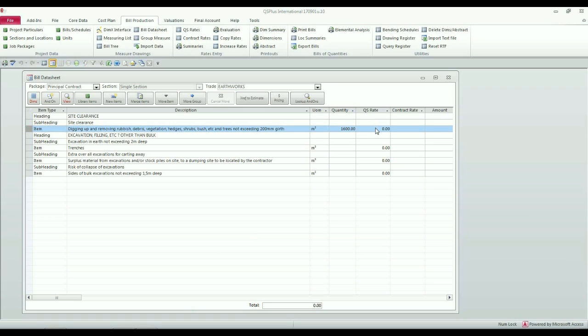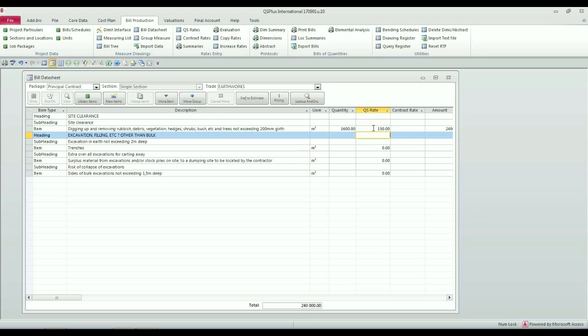Please note that this bill so far carries no rates. Your contract rate will only appear later once a complete bills of quantities has been sent out to tender and has been priced by tendering contractors. But in the meantime, if you would like to have the build-up of amounts for the measured quantities, you can use the QS rate, and I'll just, for the purposes of illustration, enter a QS rate of 150 Rand per